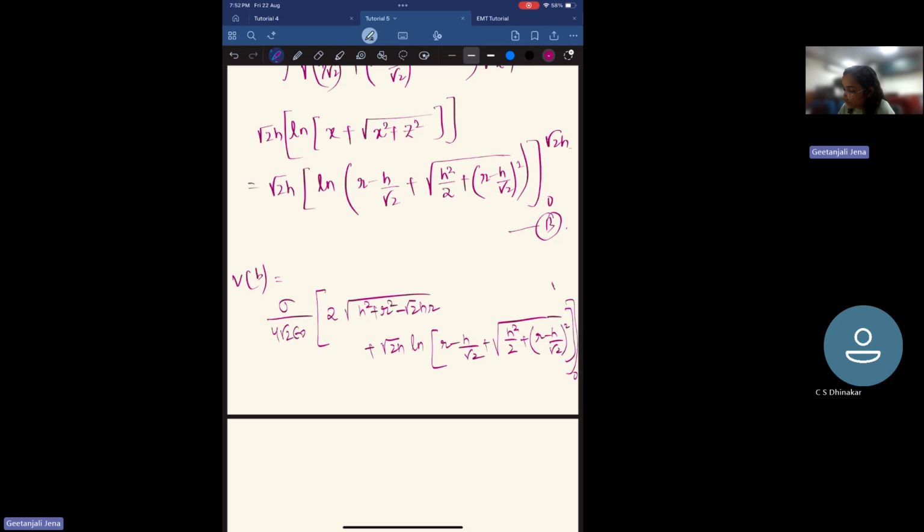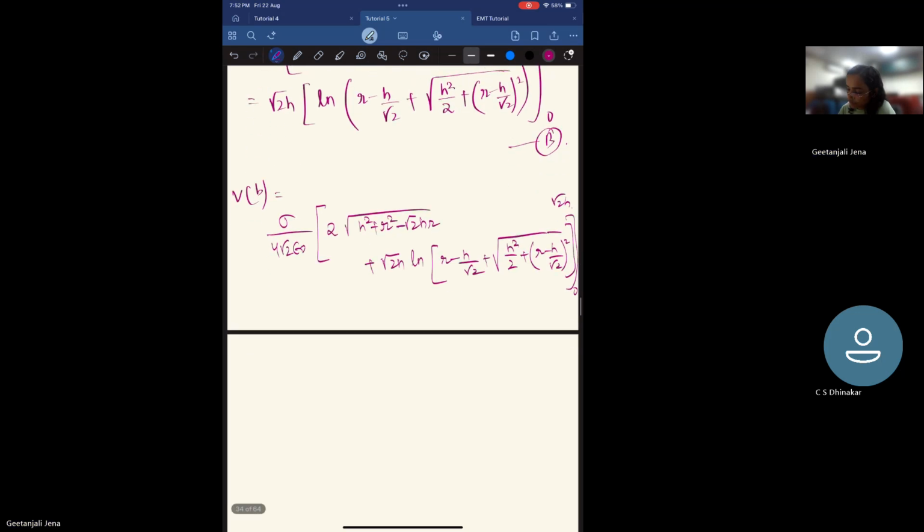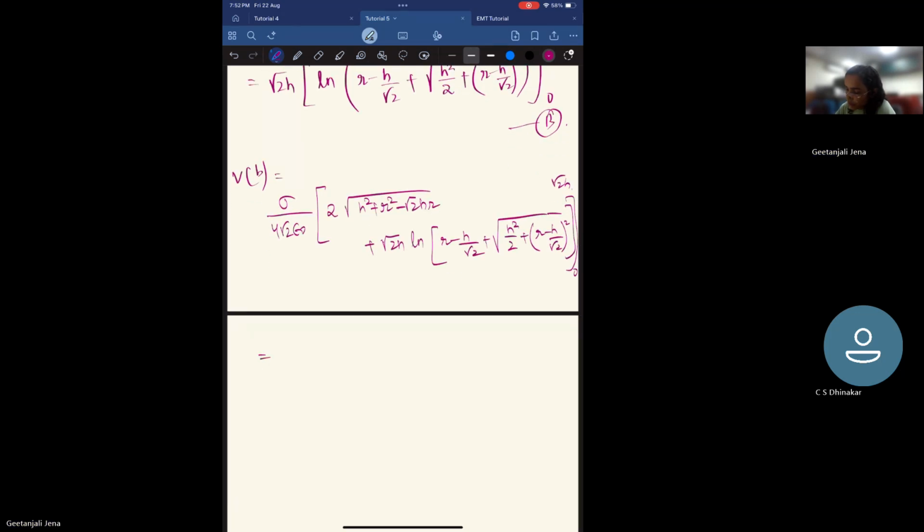And there is a limit 0 to root 2h. If you put the limit here, 0 and root 2h, this will give